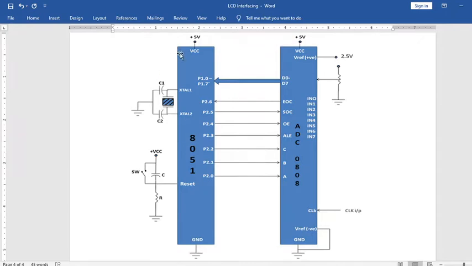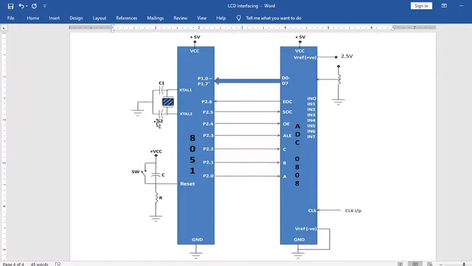Here VCC and ground are the pins which we always have for each and every chip. That is connected to plus 5 volt, and the ground connection is there. Along with VCC and ground we are using reference voltage, positive and negative reference voltage. So the connections are as given here.